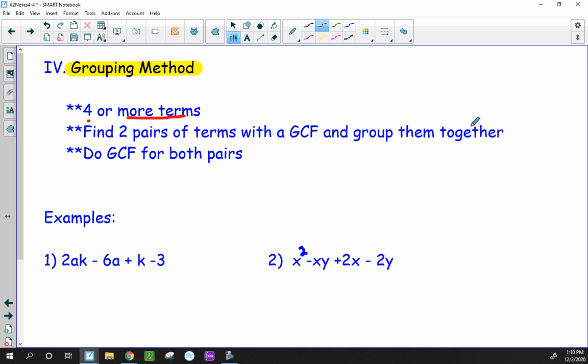So you may have to rearrange the problem, but the goal is to look at all 4 terms, pick out 2 pairs that you know have a greatest common factor, write them side by side, basically do a GCF, and we'll have to do that twice in one problem. When you do the GCF for both pairs, then you're going to look at what is left in the parentheses. If the parentheses match and you have the exact same factors, then that means you are